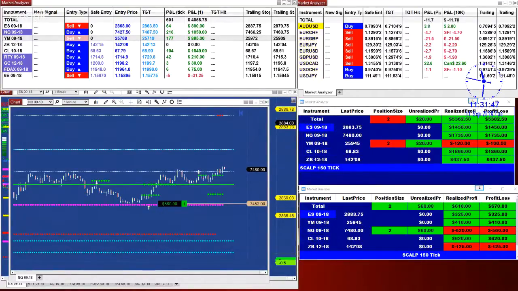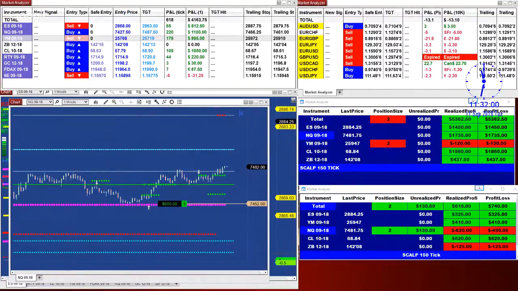I think I will be using the NT7 till the last day. NinjaTrader provides NT7. Let's see if this market is going to make it all the way up. I doubt it. We'll see.